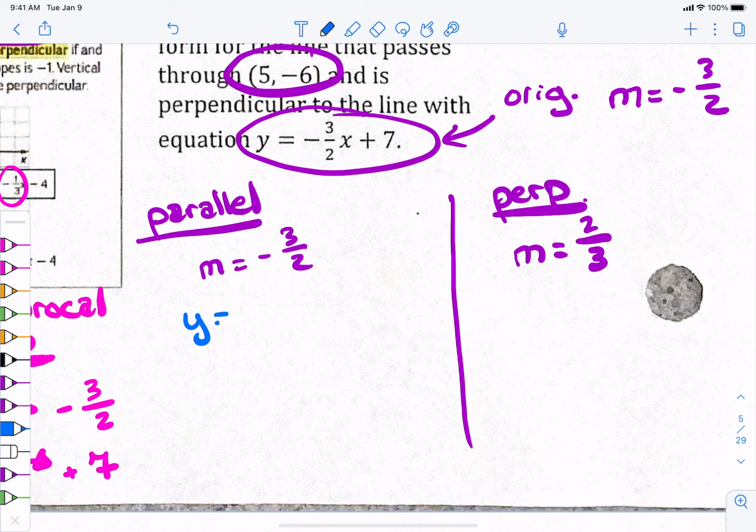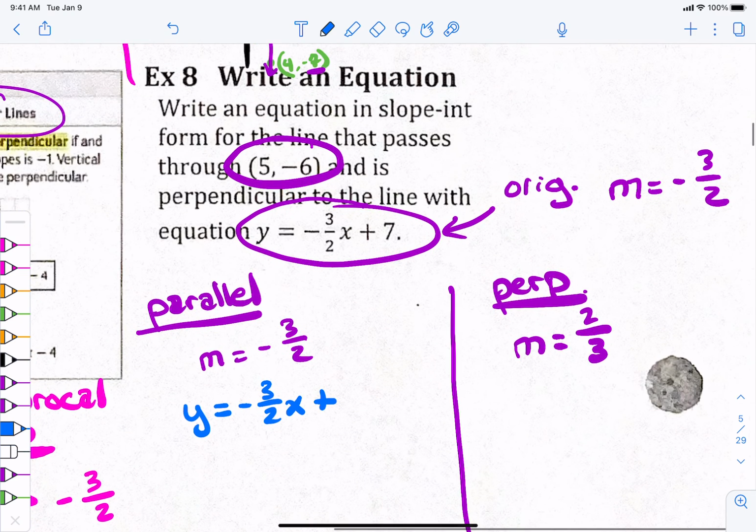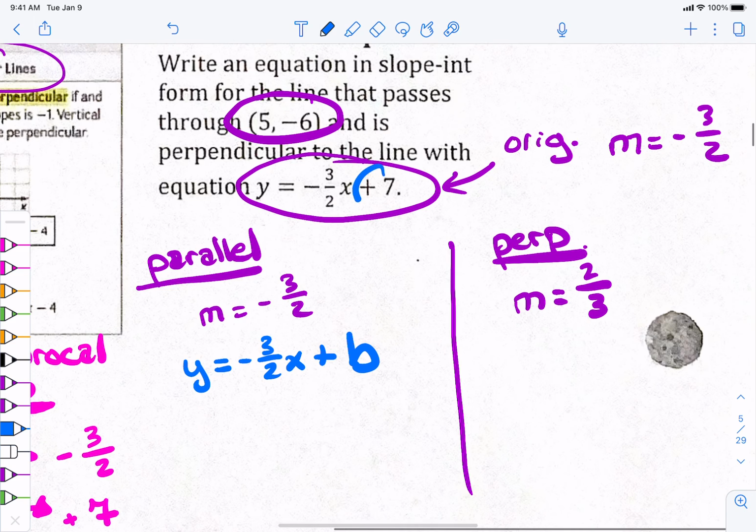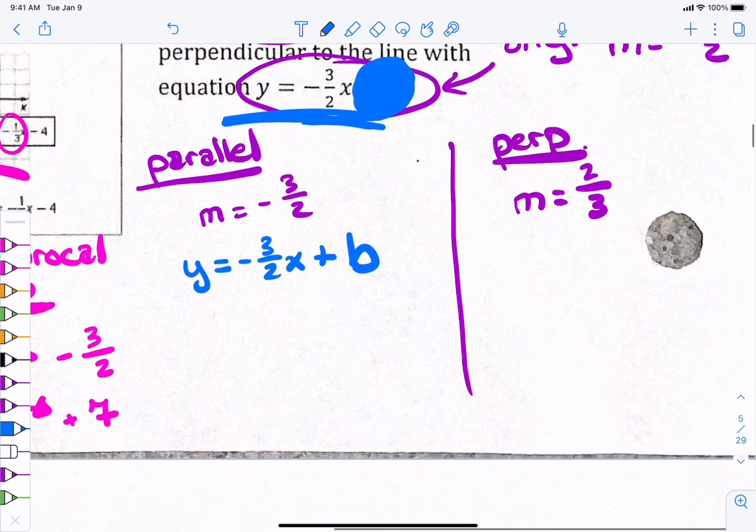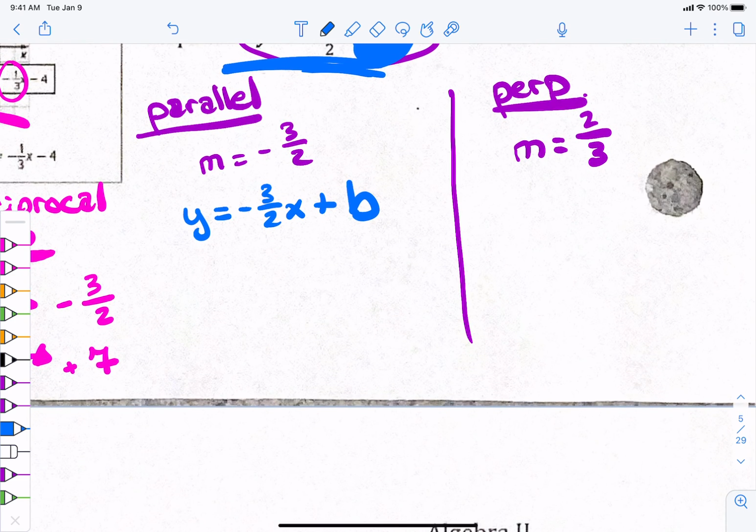Okay, and then I just start. So I know that I have -3 over 2x plus what? We have to find the b, right? So I'm going to put just plus b. This 7 that's up here, do you see the 7 right here? You cross it off and you never, ever use it. The only reason you use this original one is to get its slope. Don't use the 7 ever. Okay? Good? Now, how do I find the b down here? Plug something